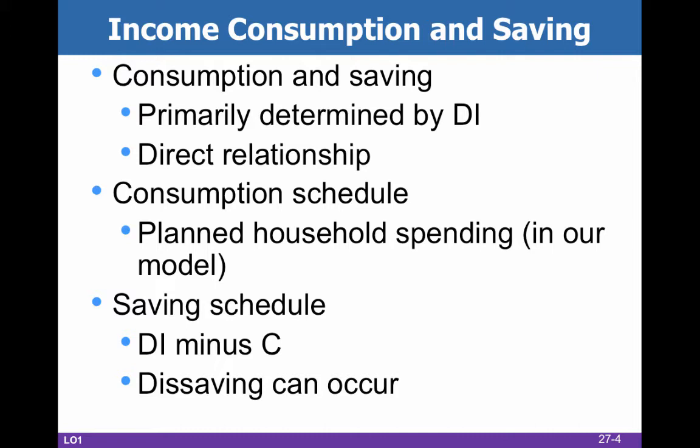And it's a direct relationship between consumption and saving. So the more money we have, the more of both consumption and saving we can do. Our saving schedule is going to be basically our disposable income after we subtract what we consume. And then we can also have dis-saving. So dis-saving is the idea that we spend more than we earn and therefore decrease previous savings, or of course,